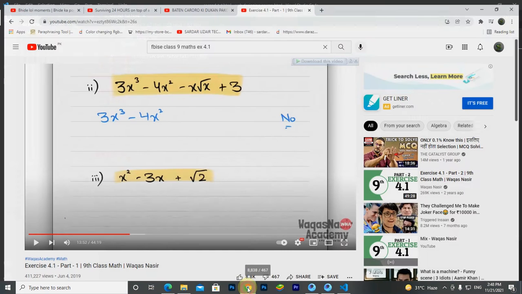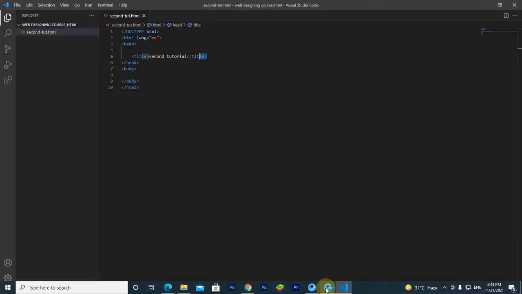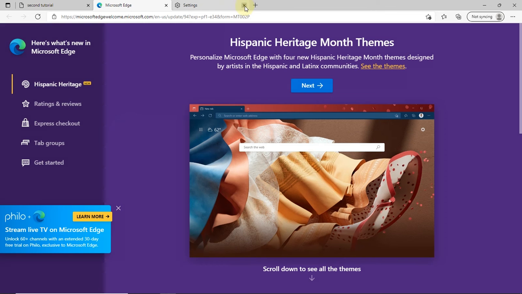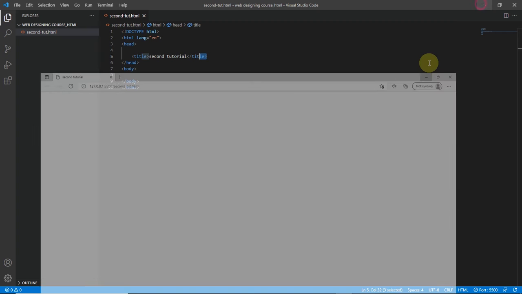Now you can see here, on the head, in the title, second tutorial. There are many sections on one web page. This is the body, this is the head, and on the head this is the title, second tutorial. Okay, now